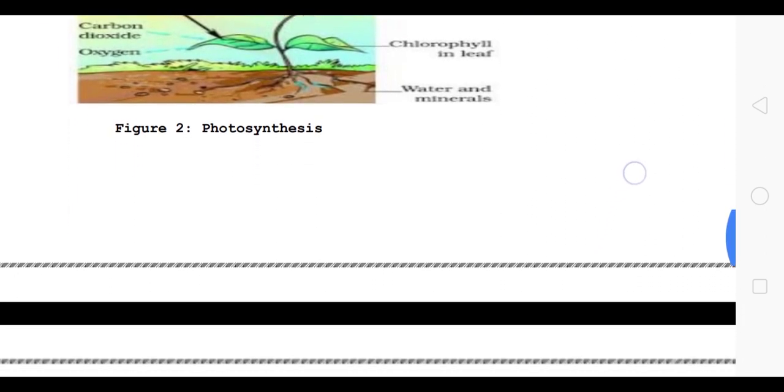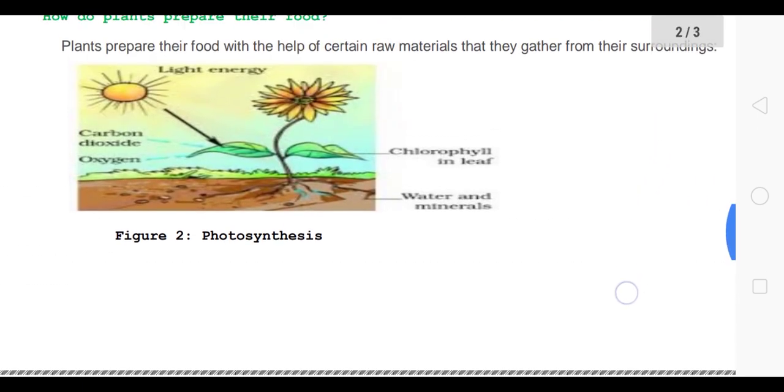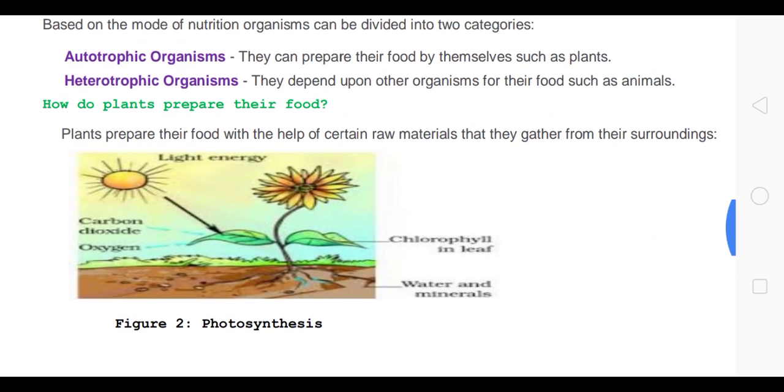So let's see how the plant prepares its own food. Remember, a plant prepares its food with the help of certain raw materials from its surroundings only. It collects and prepares. In the diagram